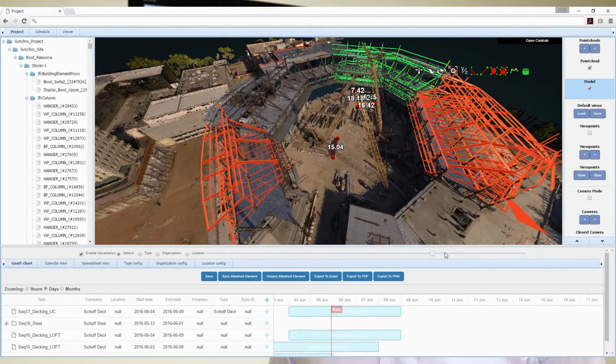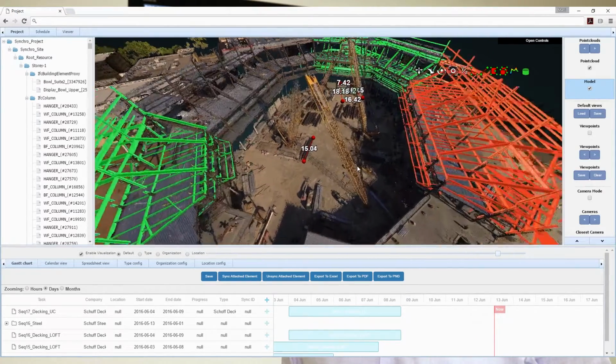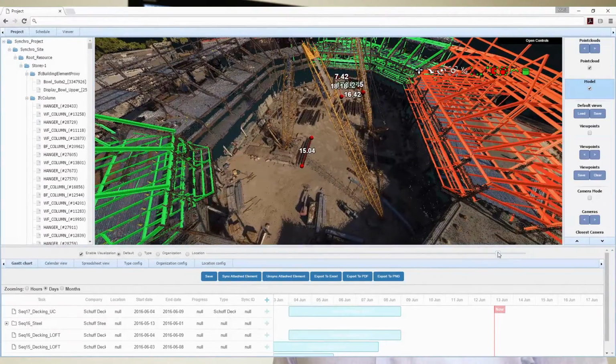What our software does is we capture the reality with the photos, the 3D models, and videos, and we align it to the plans so that we can instantly show the managers what the difference is between what is planned and what's the reality. We also have algorithms that analyze productivity, progress, and constraints in the schedule to highlight locations